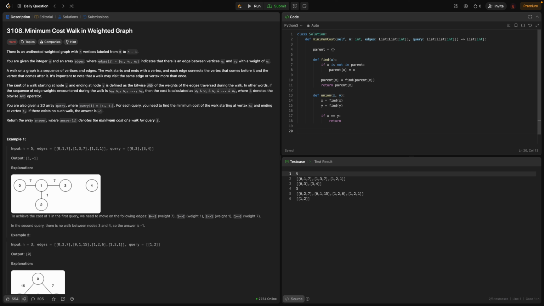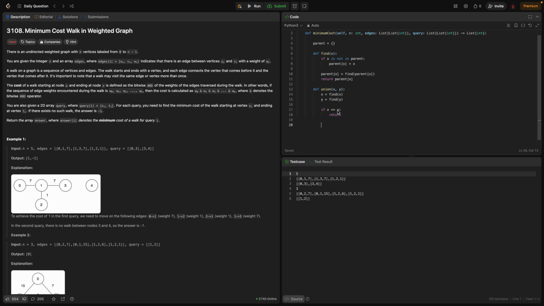Else here I'm not doing currently. I'm doing path compression here, but I'm not doing union by size, I think, because first I want to just see if the solution is working, and if it's working we can do other optimizations later. So I'm just putting parent of x equals to a,